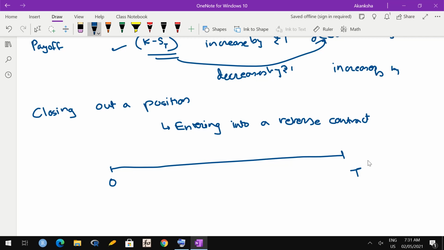Let us say you are the owner of a steel industry and you know that somewhere between 0 and T you are going to need to buy iron. Today's prices may be acceptable to you, but you can't buy iron today because you don't have storage space. So whenever your current stock is exhausted, at that time point somewhere here you need to buy. So you enter into a long position in a futures contract with expiry time capital T.